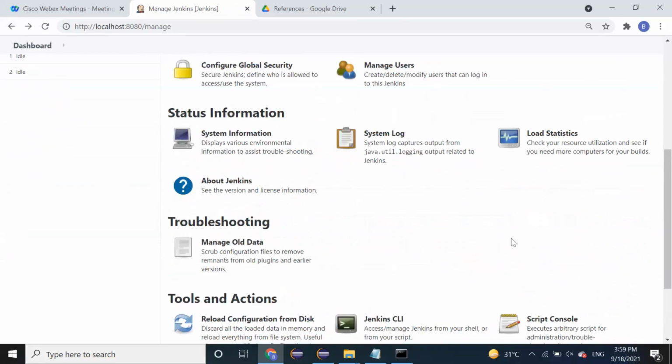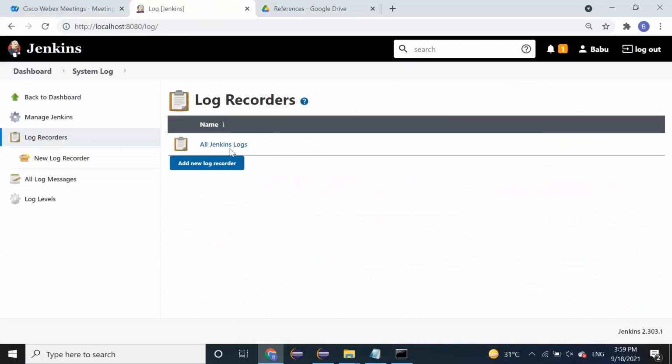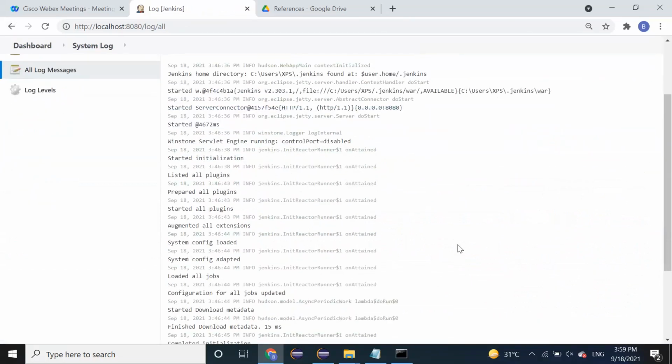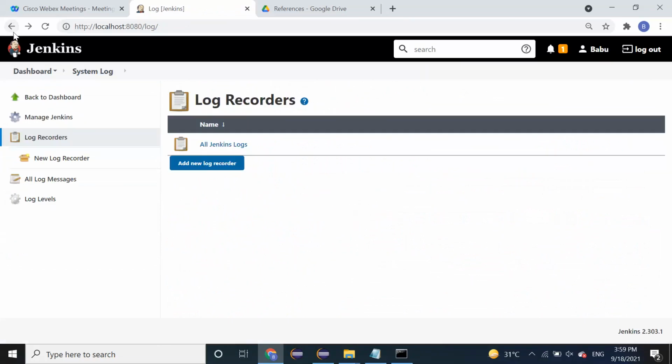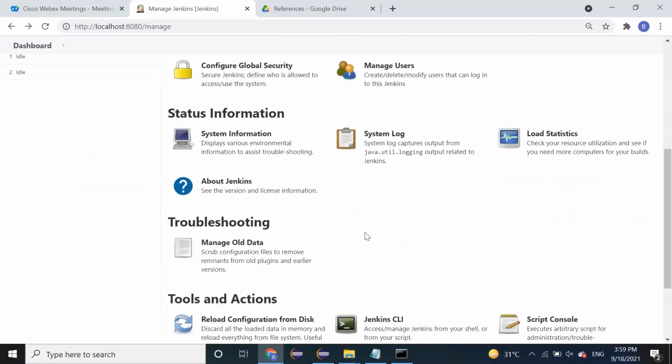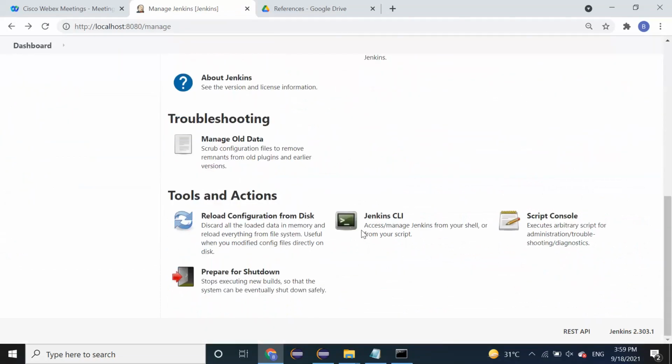So from an admin perspective, right? System logs are going to give you a complete log when something is running. So you can click on this log. Logs will tell what is happening. Whatever you see in the command line, you can see it here too. Right? So this gives you complete logs. Again, entirely file system. Please understand this is not a database here. And then these are all command line and script. We will be seeing in the upcoming weeks how to use some of them. May not go each one of them, but assume that